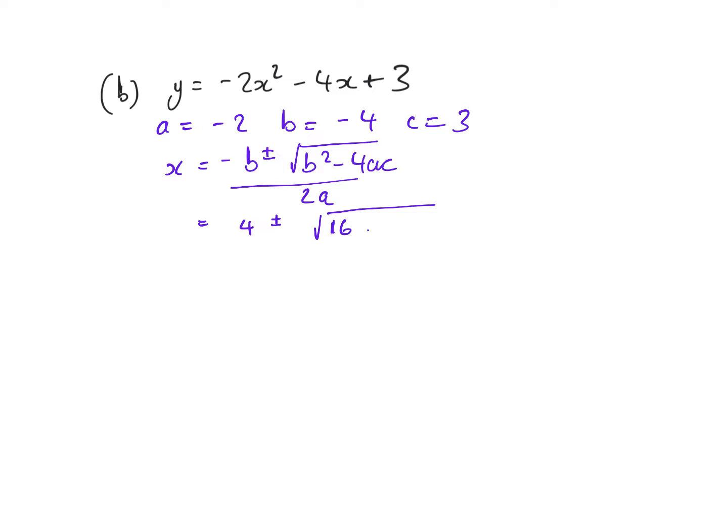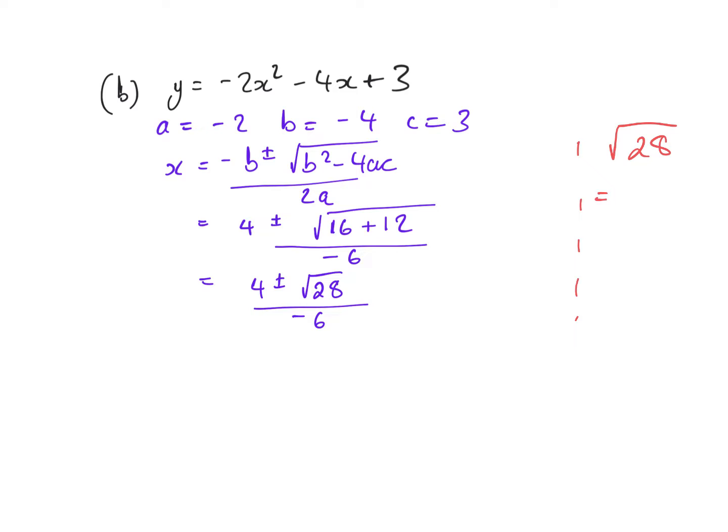8 times 3 is 12, all on minus 6. Okay, 4 plus or minus the square root of 16 plus 12 is 28, on negative 6. Again, we just want to see if we can simplify that down. Remember, when you're looking for factors, you are looking for ones where one is a square root. So the square root of 28, and I want one that's a perfect square. So 4 times 7, where 4 is the perfect square, and the square root of 4 is 2, so it's